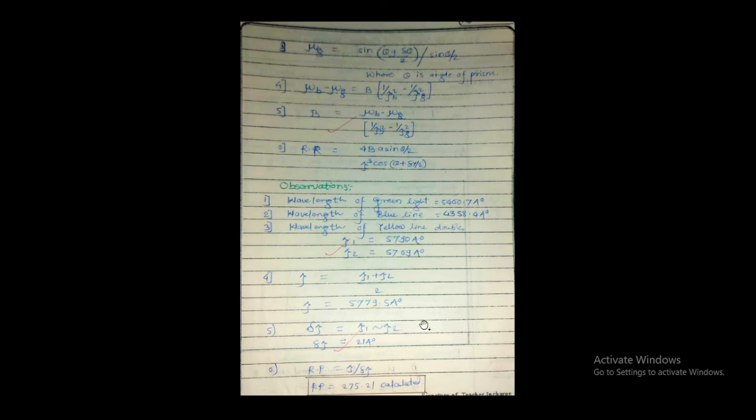According to its definition, the resolving power of the prism is the ratio of average wavelength to the change in wavelength, and according to the observation calculations, the resolving power of the prism comes out to be 275 calculated. It has no unit because it is the ratio of the same two quantities, wavelength by wavelength. The numerator is the average wavelength and the denominator is the difference in wavelength. Both have the same unit, and that's why the resolving power is a constant number without any unit. You have to note this point carefully.